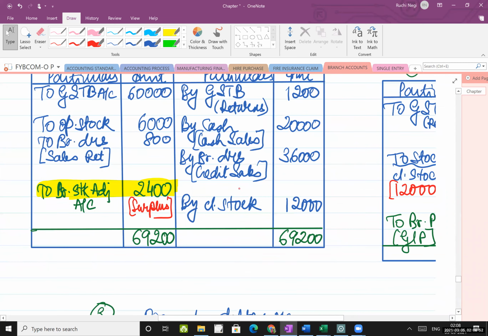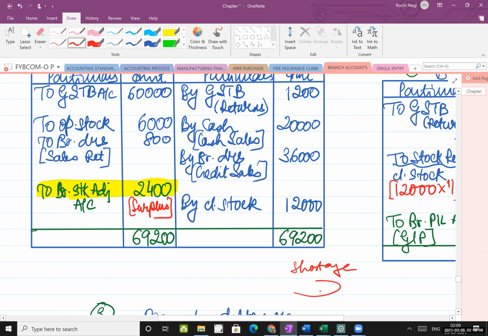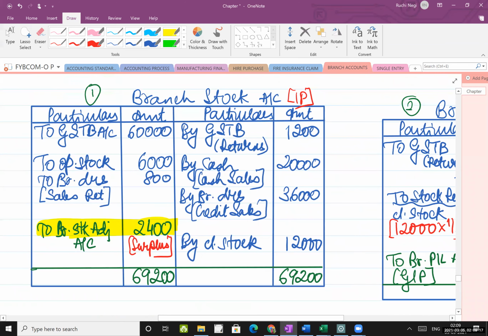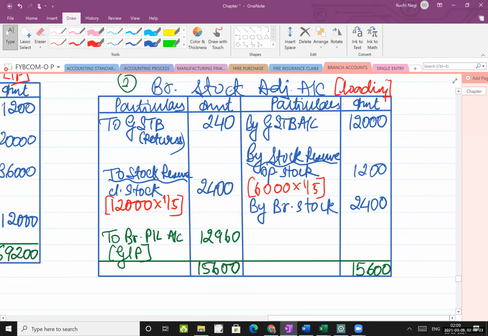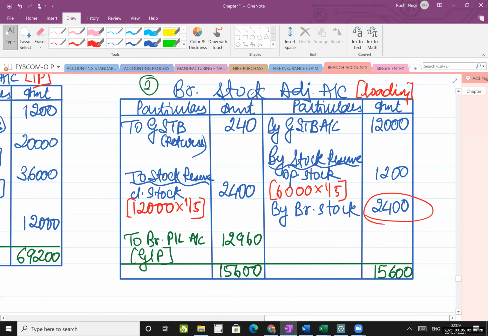And if here the answer had come, then we would call it shortage. Okay, so the question that we were doing today, उसमें उन्होंने shortage दिया था और फिर बैलेंसिंग फिगर हमको क्या मिला, क्लोजिंग स्टॉक. ठीक है, और ये क्वेश्चन में कैसा है, they have given you opening, closing and the balancing figure is a surplus. Okay, so its second effect was seen here in branch stock, 2,400. तो इसका 2,400, या तो इसका लोडिंग भी आना चाहिए था इधर,